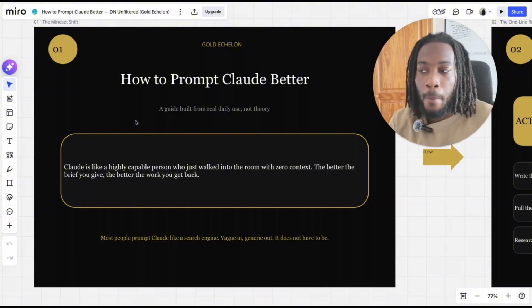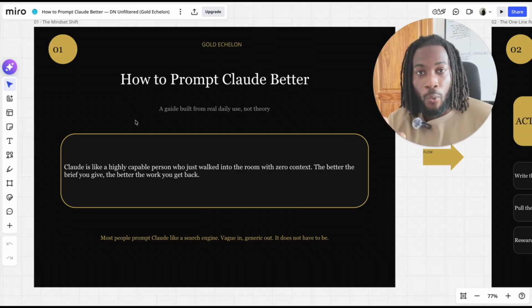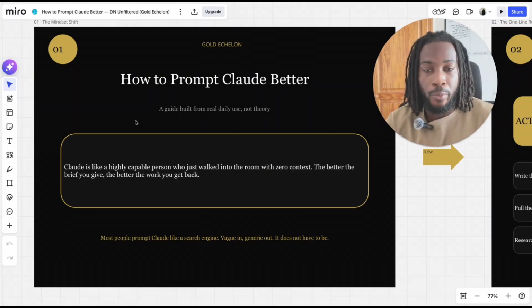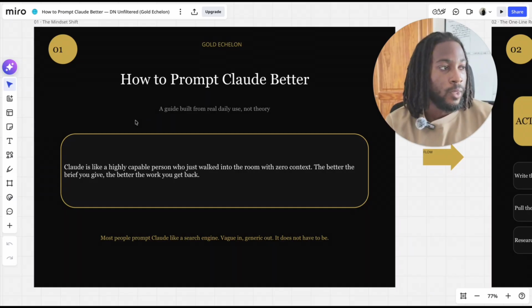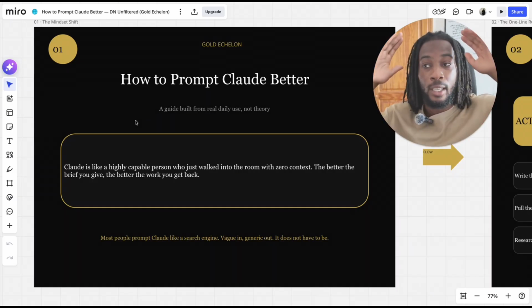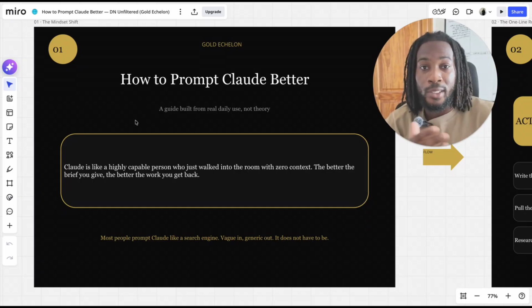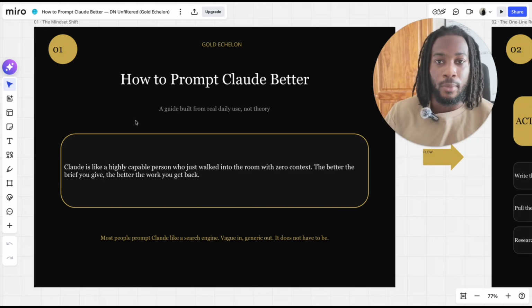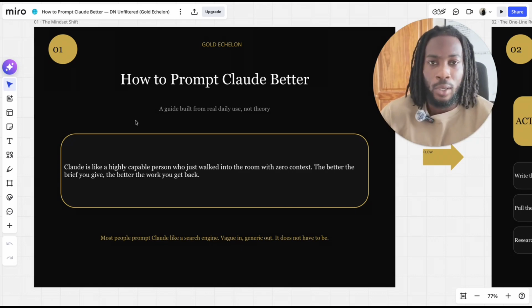So the issue with talking to AI is the fact that a lot of people want to say random things and get the best thing out with no form of work from yourself going into it. Claude is not a genie. You can't just go to it and say, here are my 3 wishes and expect it to just be perfect, unless you're very specific about your wish. It's like going to a genie and saying, oh, I want freedom. The genie's going to think, that's not specific enough. What does that even look like?